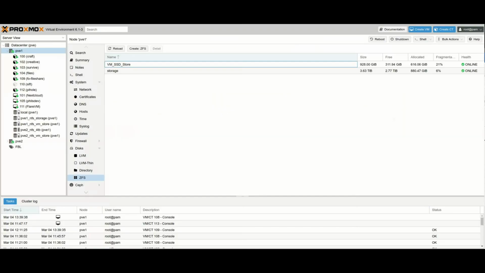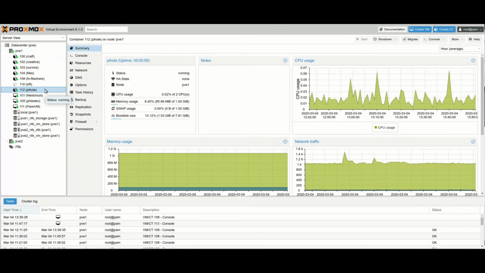So we're going to go to our Proxmox. Now this Proxmox is different than the one we've been using. This is my production Proxmox, which will eventually become my dev Proxmox. But for right now, this is my production one. You see I already have a Pi-hole running. We're going to be creating a new one, okay? And because I already have one running, I'll be using a different IP, but it'll be fine.